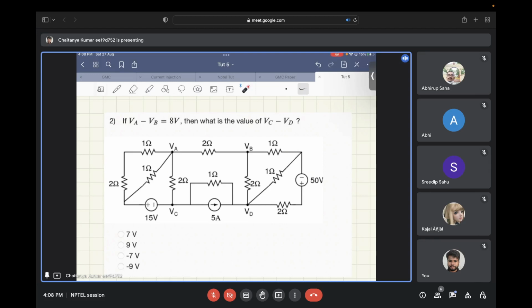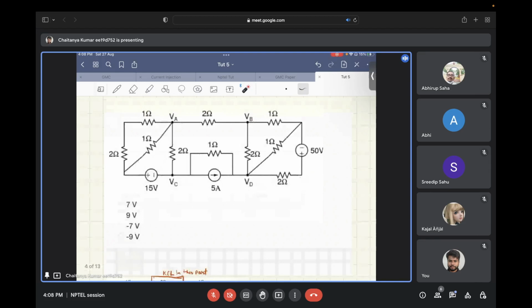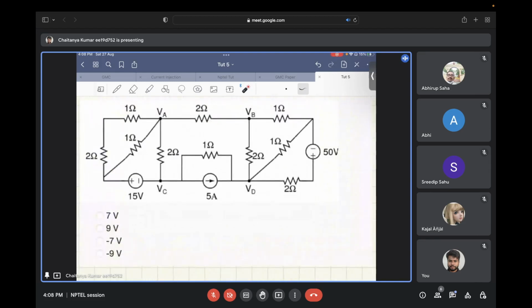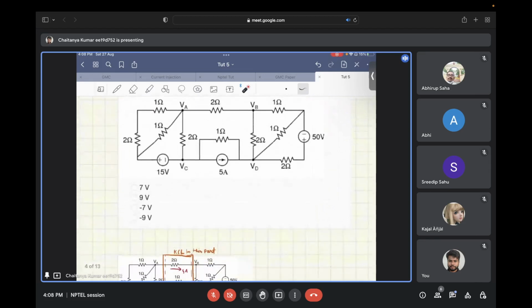Okay, so let's see how to solve this question. This might become a little complex if you try to solve it algebraically and try to put KCL, KVL at each branch and node. So what you need to see in this question is